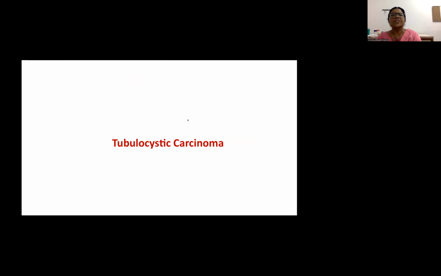diagnosis of tubulocystic carcinoma, which is a new entity which got its place in the 2016 update of the WHO classification and is considered a very indolent tumor with a very good prognosis. So did the story end there? Definitely not. If that was the situation, I wouldn't have presented it here. My clinician, I wouldn't say that he wasn't satisfied with the diagnosis, because it was showing both tubular and cystic areas. But considering the age of the child was only 17 years,